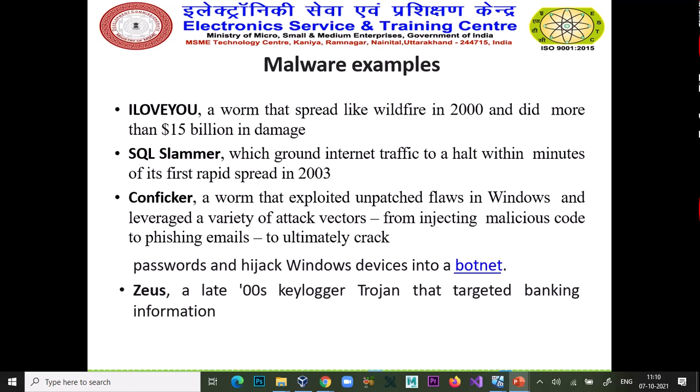I Love You, a worm that spread like wildfire in 2000 and did more than 15 billion in damage. Okay, so 15 billion damage was done because of it. SQL Slammer, which brought internet traffic to a halt within minutes of its rapid spread in 2003.